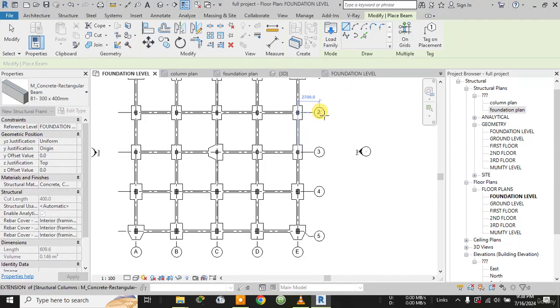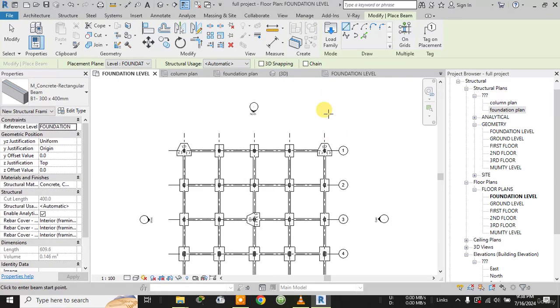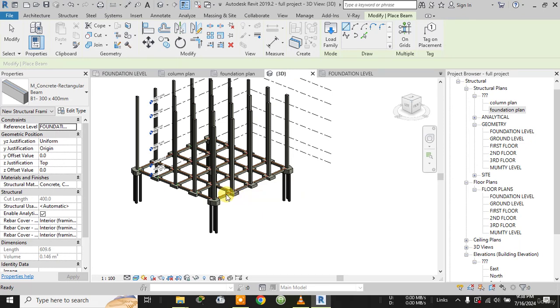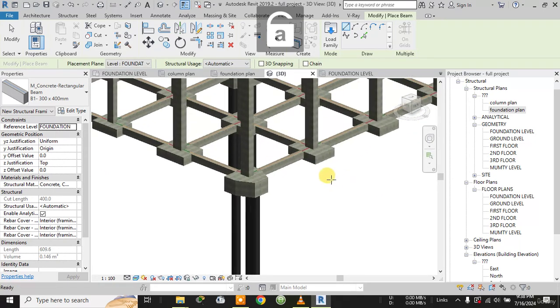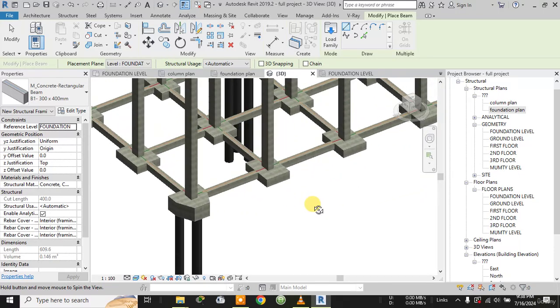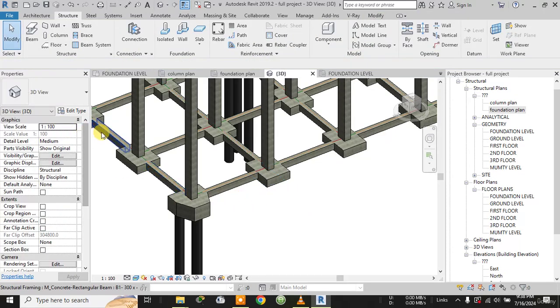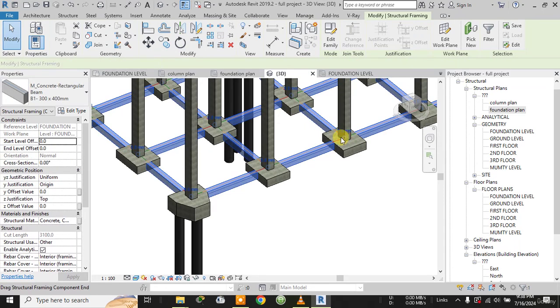See, this is how my beams are created. Let me go to the 3D view and check for the beams. So this is how my beams are created. But remember that my beams are required to be created not at the foundation level, because tie beams are not created at the foundation level. So let me select one beam and press SA. Now after that, the reference level I need to